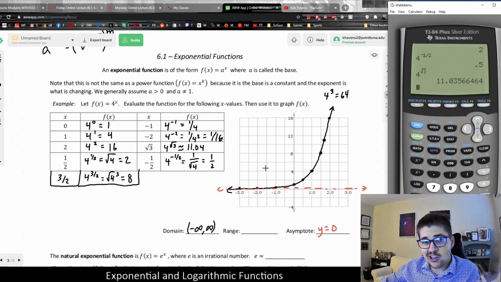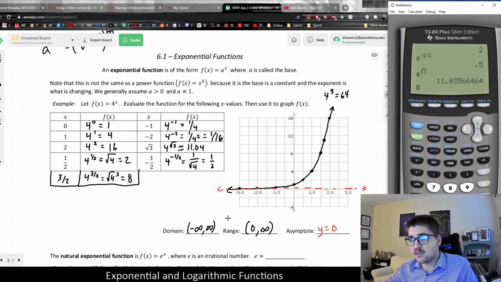And basically, this is the general shape of exponential and logarithmic functions. They have this very unique curve, which we often refer to as exponential. And the thing about the range that we can notice from the graph, and also just by looking at all of the output values on our table here, is that the range values are never negative. And this is another property of exponential functions in general: unless they've been transformed, a baseline exponential's range is always 0 to infinity, because it will never produce negatives,